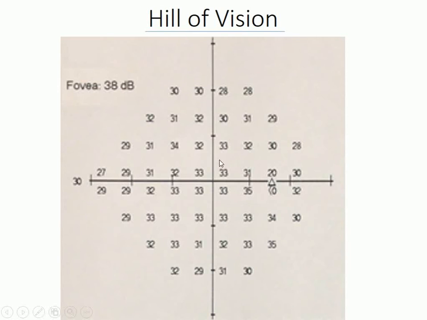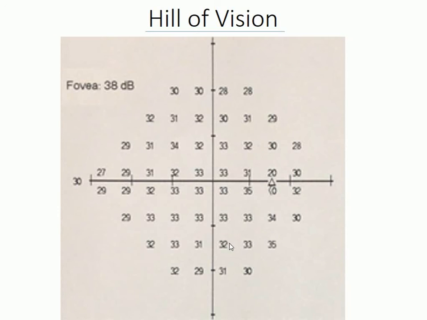Or we can remember the concept of the hill of vision, so that the machine can deduce from one point to the neighbors what likely the range will be. So that, for example, if here the patient's threshold was 31, then we can assume that if they're normal, the value is going to be a little bit higher when this point here is tested, so that instead of randomly testing this point, we can more selectively check a more narrow range to see if that's correct,